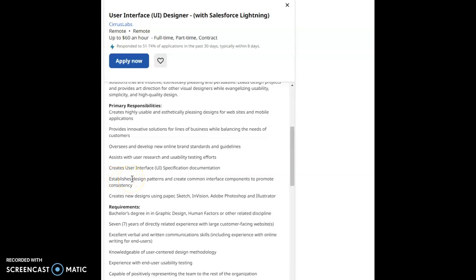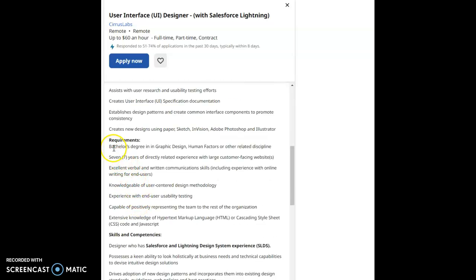establishes design patterns and creates common interface components to promote consistency, creates new designs using Paper, Sketch, InVision, Adobe Photoshop, and Illustrator. Requirements are bachelor's degree in graphic design, human factors, or other related discipline, 7 years of directly related experience